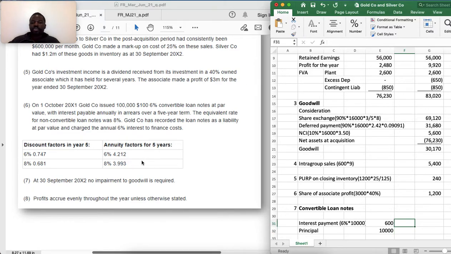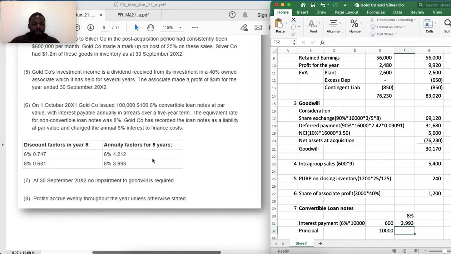So we will be receiving interest for 5 years. So we have to discount using the annuity factor. Which annuity factor? We mustn't discount using the annuity factor of 6%. We should use the annuity factor of a non-convertible bond or non-convertible loan. So we discount at 8%. If I can write 8% here, always use the bigger percentage, which is the percentage of the non-convertible. So we discount that at